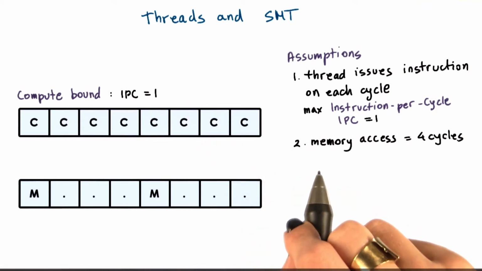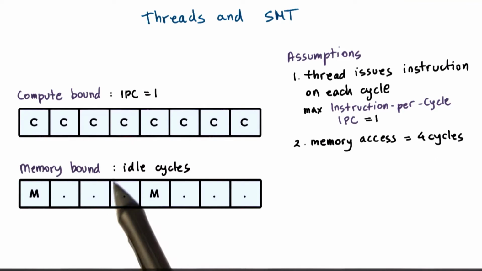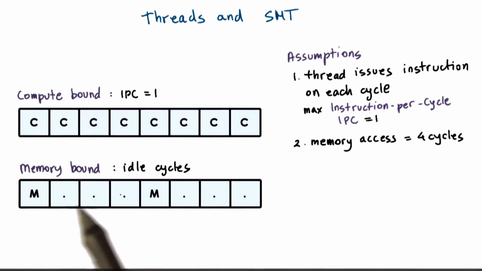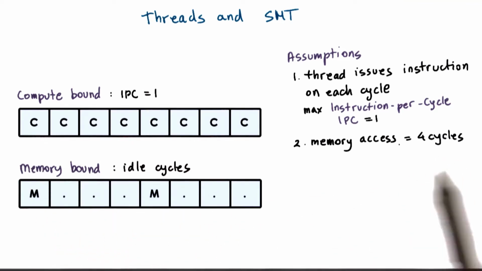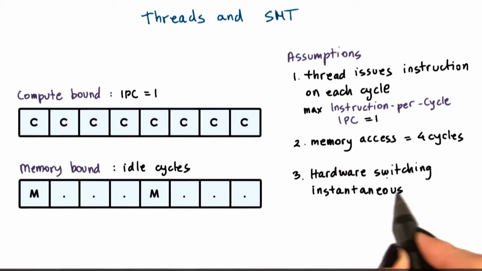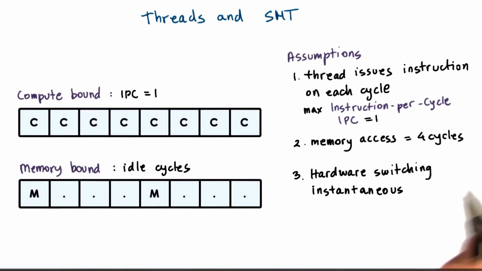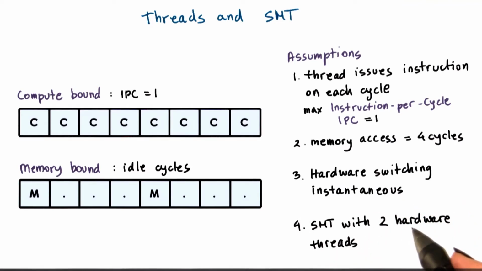The second assumption that we will make is that a memory access takes 4 cycles. What this means is that a memory-bound thread will experience some idle cycles while it's waiting for the memory access to return. We will also assume that the time it takes to context switch among the different hardware threads is instantaneous, so we won't take any overheads over that into consideration. And also, to start with, for the sake of our discussion, let's assume that we have a SMT with 2